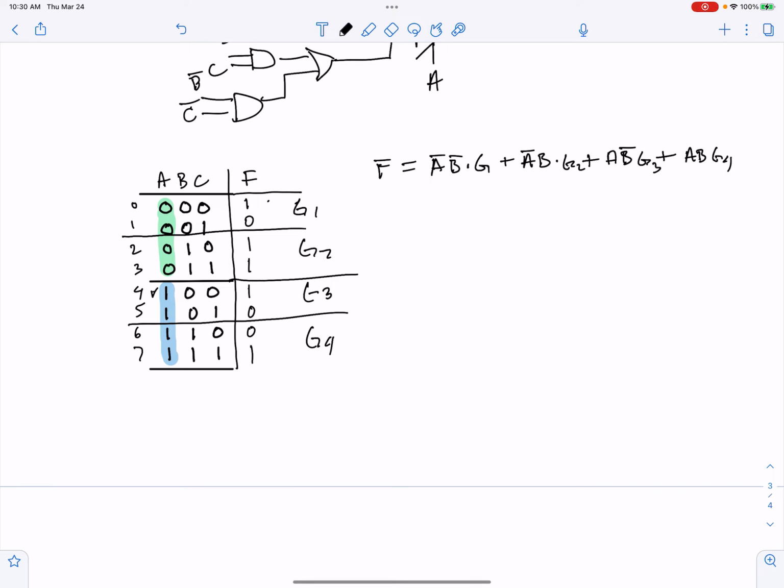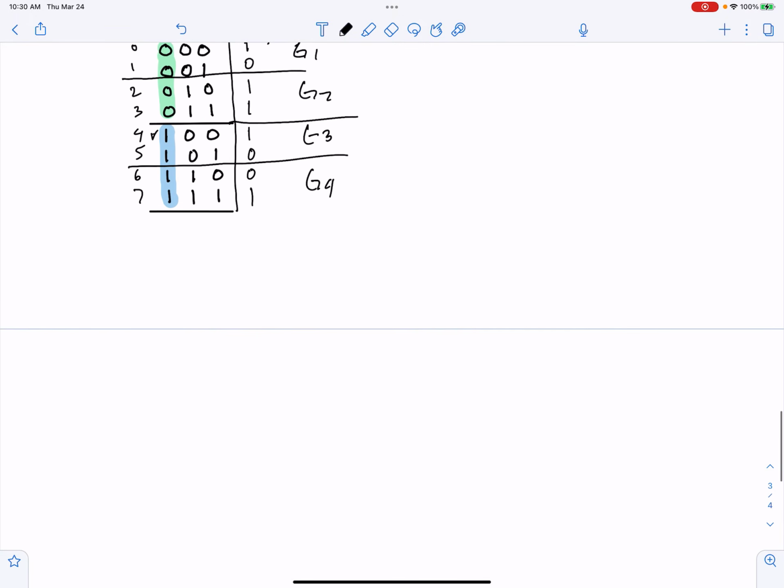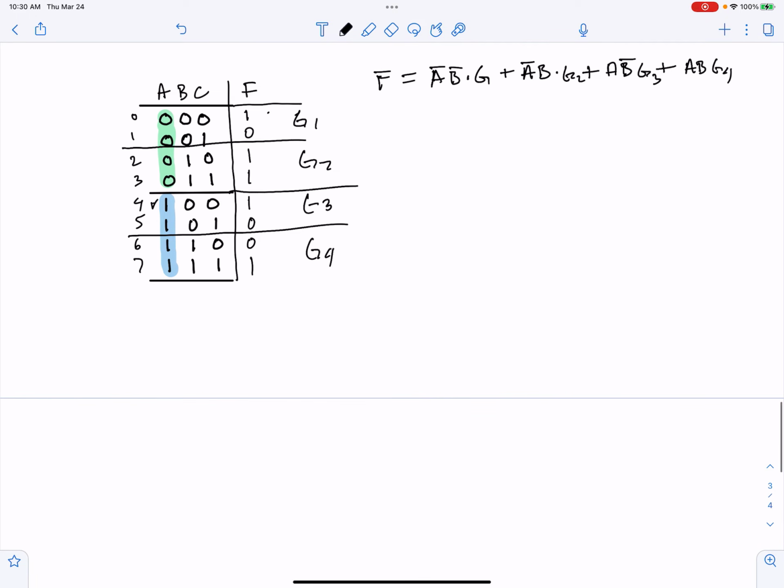Well, you notice that G1, G2, G3 are not a function of A and B, because A and B doesn't change across either one of these. For G1, A and B doesn't change. For G2, A and B is 0, 1. For G3, A and B are 1, 0. It doesn't change across A and B, so they're not a function of A and B. So that means I can use